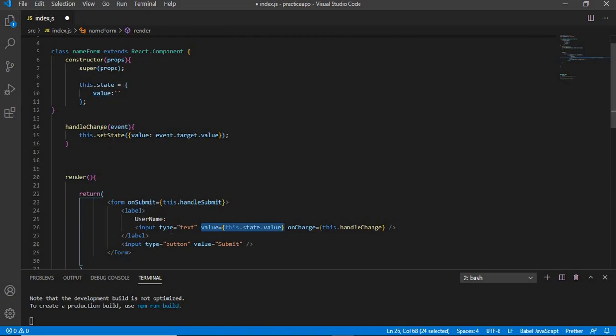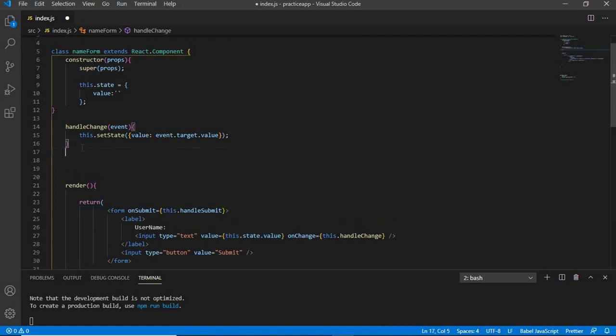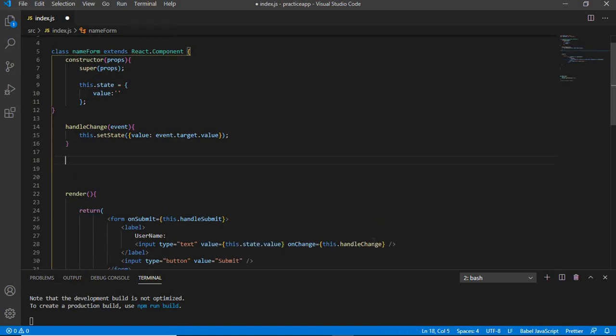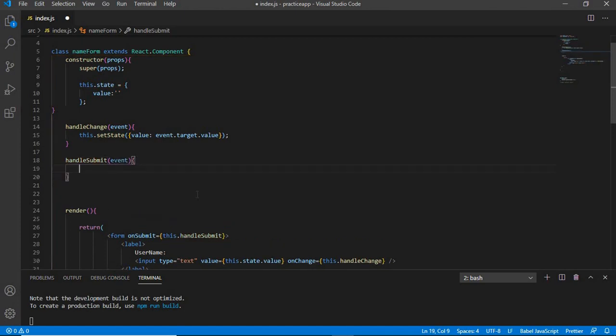Now I will explain how the cycle works, but before the cycle I'm going to put another method that is handleSubmit. So let's handle the submit, and here also we'll be giving event as our argument, because event is what is going to happen and we have to prevent the default happening. That will also be explained when we're doing the project, because these concepts will come again in our first project. Now alert,